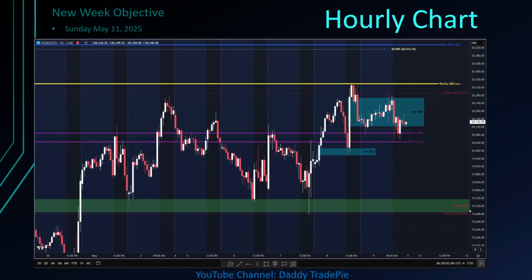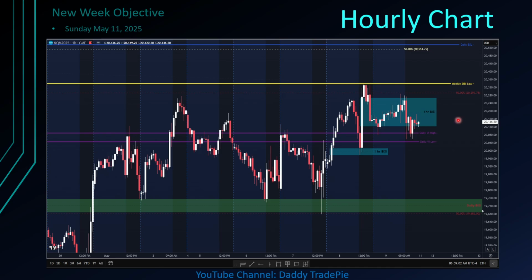Now we jump into the hourly chart to see the inefficiencies over here and how the market has traded before. On the hourly chart, we can see we have relative equal lows formed over here in the previous week. You can see over here the market has traded going lower. We reached the daily BC and the consequent encroachment of the weekly candle. After that, we traded higher and jumped into the daily volume imbalance over here